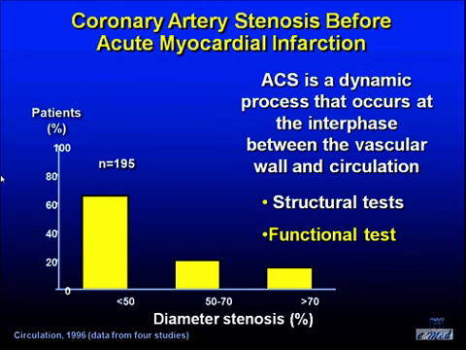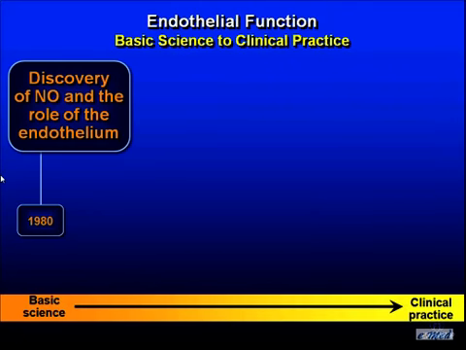And the realization came to the fact that the majority of the patients presenting with ST elevation MI and sudden death do not have underlying significant obstructive coronary disease. And indeed, acute coronary syndrome is a dynamic process that actually occurs at the interface between the vascular wall and the circulation, pointing to the fact that what we need to look at is not structural evidence, but actually functional abnormalities. That moved me to the endothelium and to 1980,